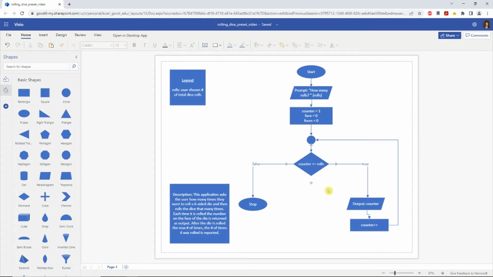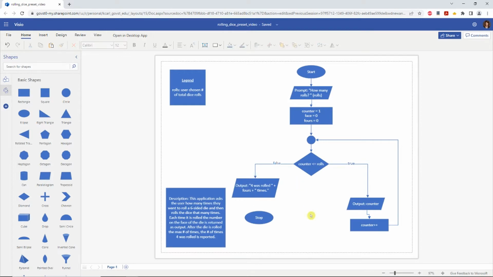So is the counter less than or equal to the total number of rolls? Let's take care of the false branch first because it's the simpler branch. When the die is rolled the max number of times, then the number of times the number 4 was rolled is reported. So we're going to grab a parallelogram here that will give us our output. So output 4 was rolled 4's times, which of course we haven't actually incremented it at all, but we now